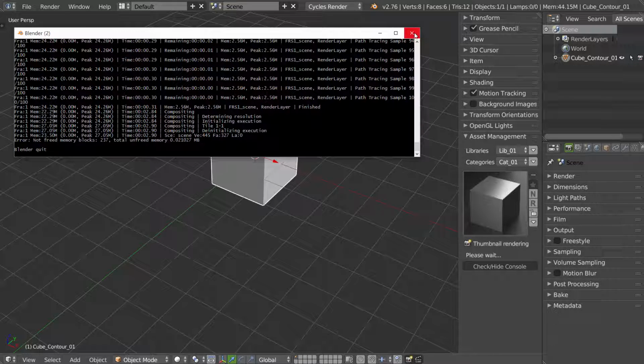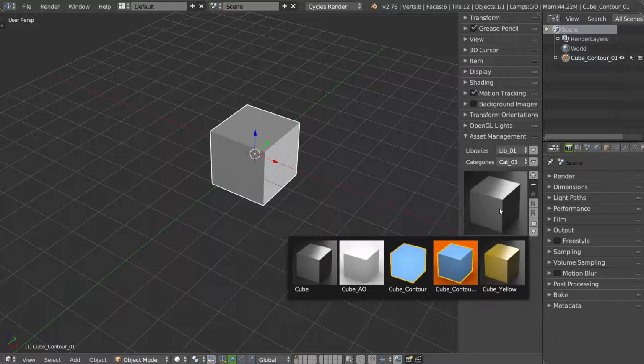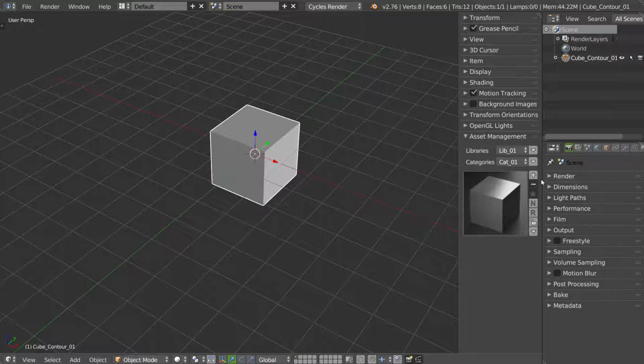Never click here on the console, it will close Blender. And now I have my object with my ambient occlusion, with my contour. Okay, as you can see, we can make a lot of different thumbnail renderings. And the last one for the render part.